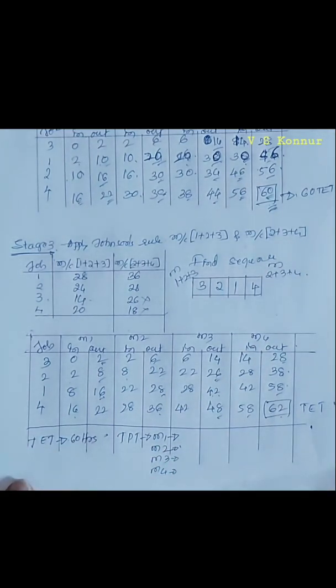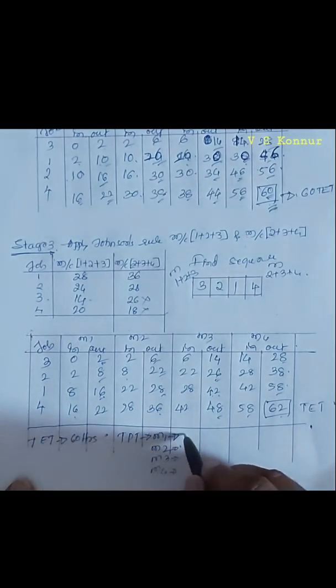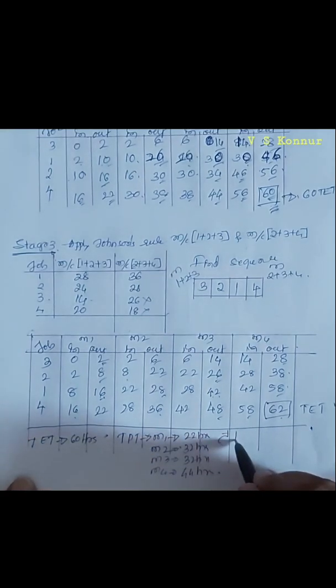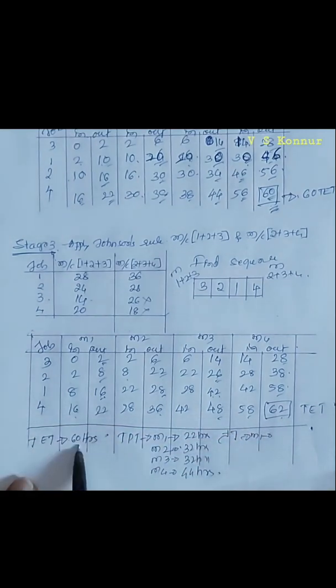The total processing time is 22 for M1, for M2 32 hours, for M3 once again 32 hours, and for M4 44 hours. So idle time for M1 is 60 minus 22,